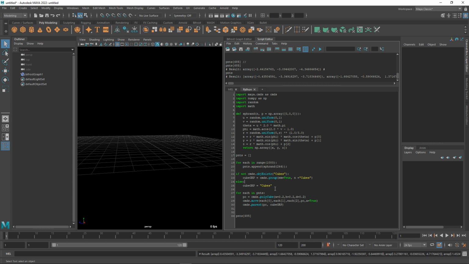Because I'm going to make 1,000 cubes in a sphere with a radius, in this case, of 244. 1,000 cubes in my outliner would make for a very horribly long outliner. So what this is doing is it's saying, if not, this object exists cubes. So this part's Python, if not. So if that was just